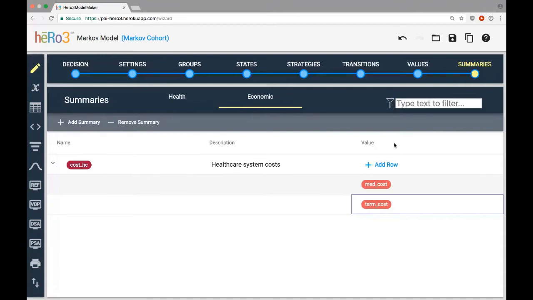This is Adnan. I have one question for you. So in heRo3, it seems to be kind of a closed system. I cannot add my own functionality from R to heRo3. For example, if I don't want to fix cycle length and I want a variable cycle length, for example, the first cycle length in the model should be 6 months.